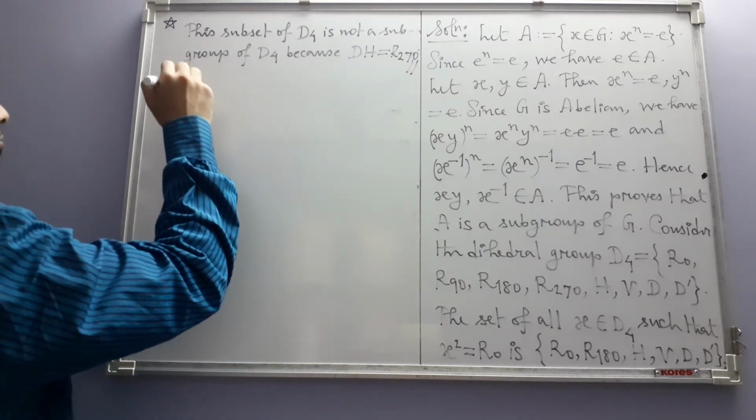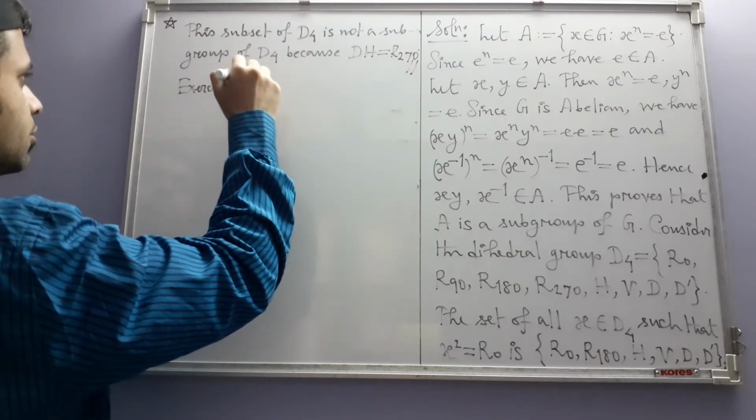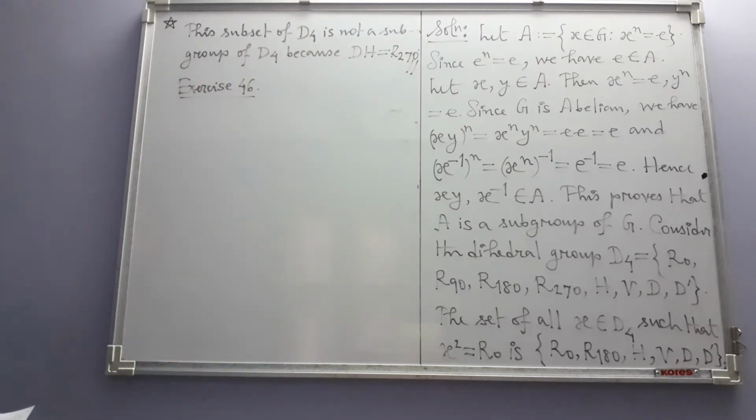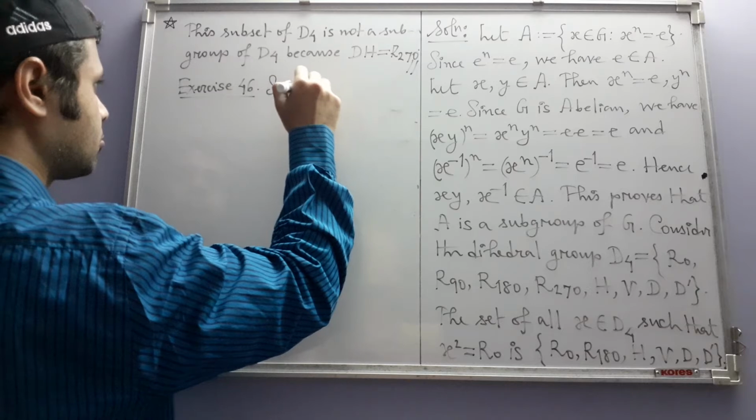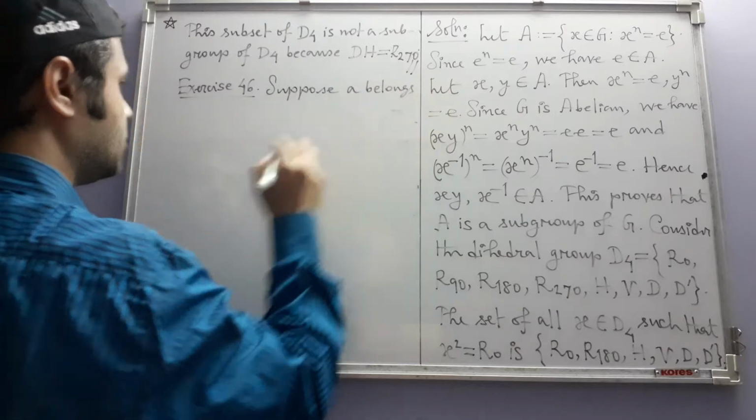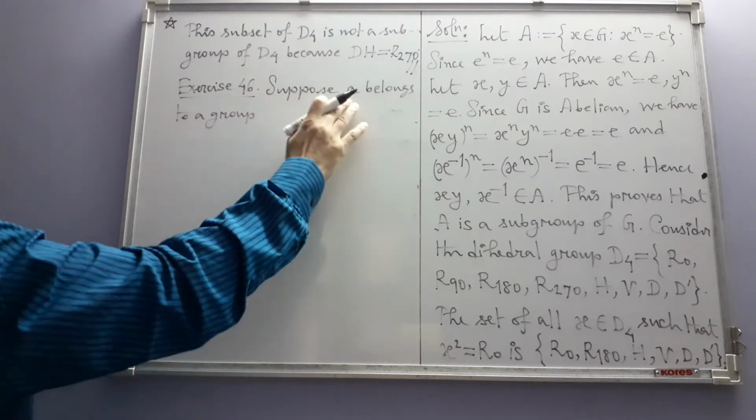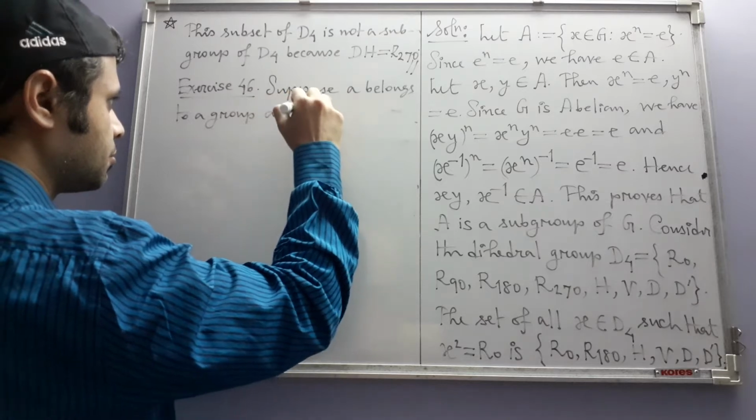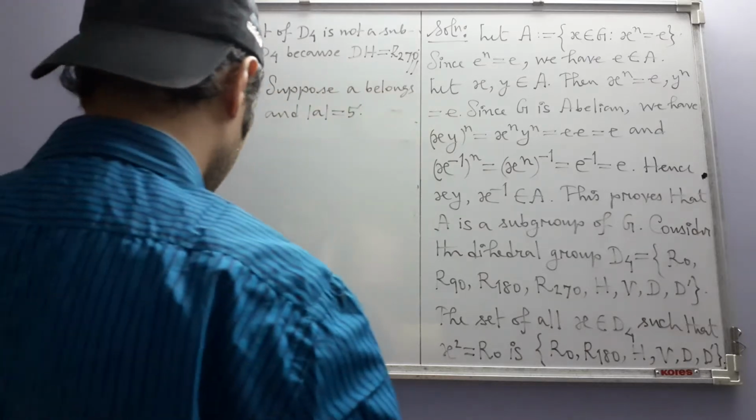Then exercise 46. Suppose A belongs to a group, that means A is an element of some group, and A has order 5. Prove that